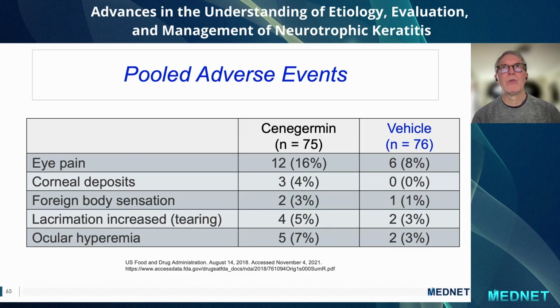These are the pooled adverse events in the, well, it was a phase 2 approval trial for Synedgermin versus the vehicle. And you can see about 16% of patients had eye pain versus only 8% in the vehicle. And in my experience, that's really been the number one side effect or adverse event that I tell all patients about, that from 1 to 3 weeks after they initiate Synedgermin they may experience a mild eye pain, not to be concerned about, that it usually will recover over time. And then there were some other minor